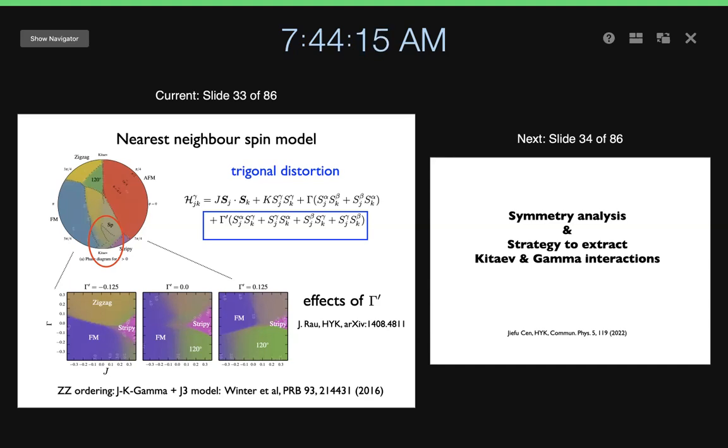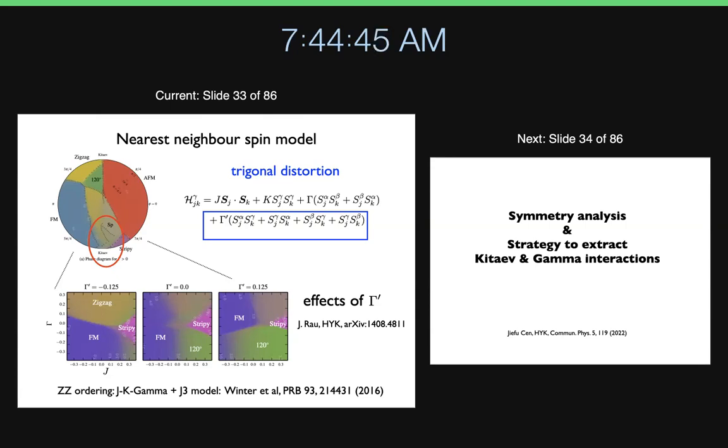I thought that I was covering my reference, but actually I'm not, it's someone else's. So I'm going to emphasize that there's nice work by other people too, that instead of this trigonal distortion, one can also add the third nearest neighbor Heisenberg interaction, J3 here. Then we can also stabilize the zigzag order. And those are the minor interactions. So zigzag order is there in the ruthenium chloride as well as sodium iridium 213.